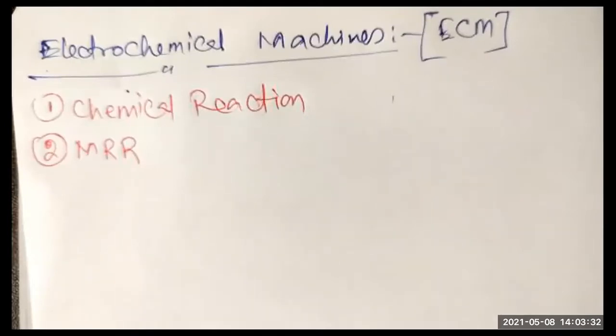Initially, once again, I am going to discuss the material removal process, then what kind of chemical reactions are taking place in the ECM process, and then we will discuss the MRR models. So number one,